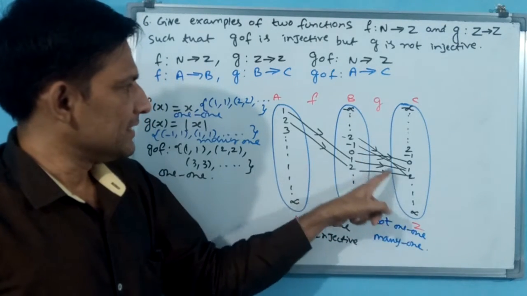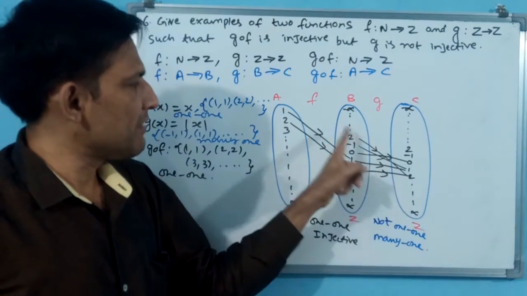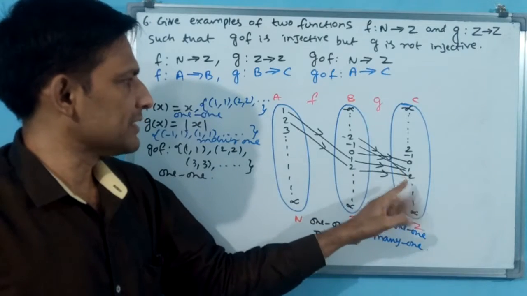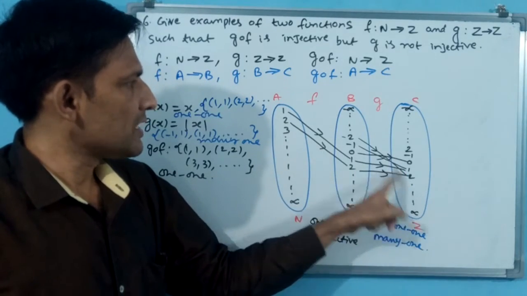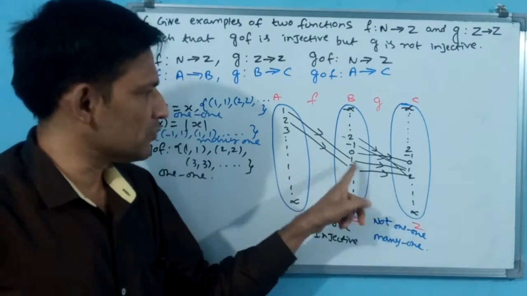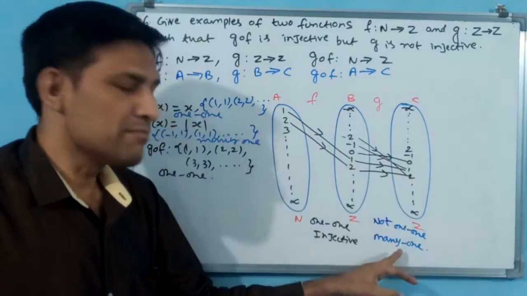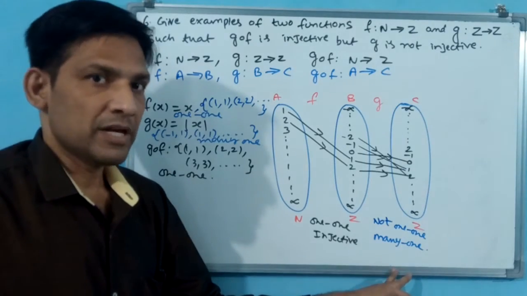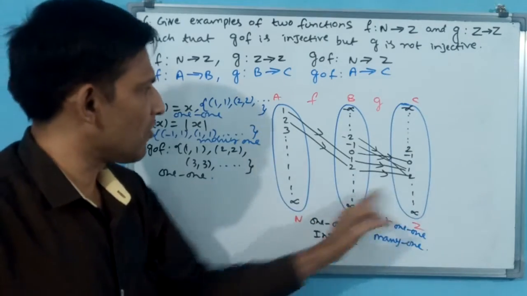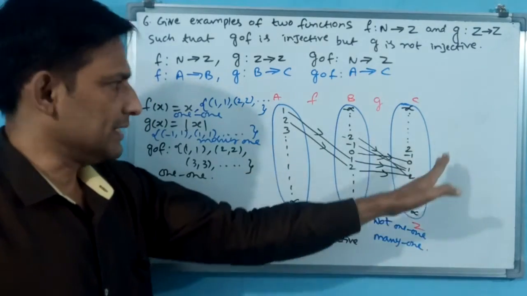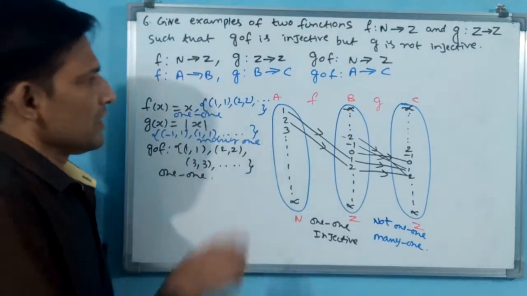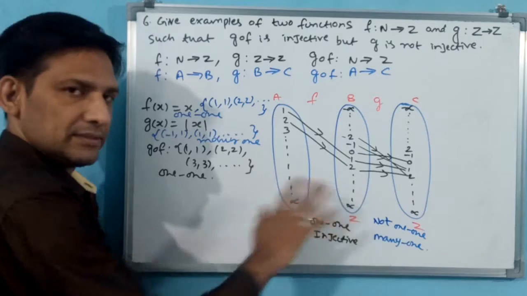Okay. And minus 2 is there, root 2 will not be there. 1 is there, but 4 is having minus 2 and plus 2. From minus 2 also 4, plus 2 also 4. This is going to become many 1. But here all are occupied. Yes, all are going to occupy. Minus 2 also will give, plus 2 also will give, all will be square we can make. That means g is a function and many 1 function. Here f of x is only one function.